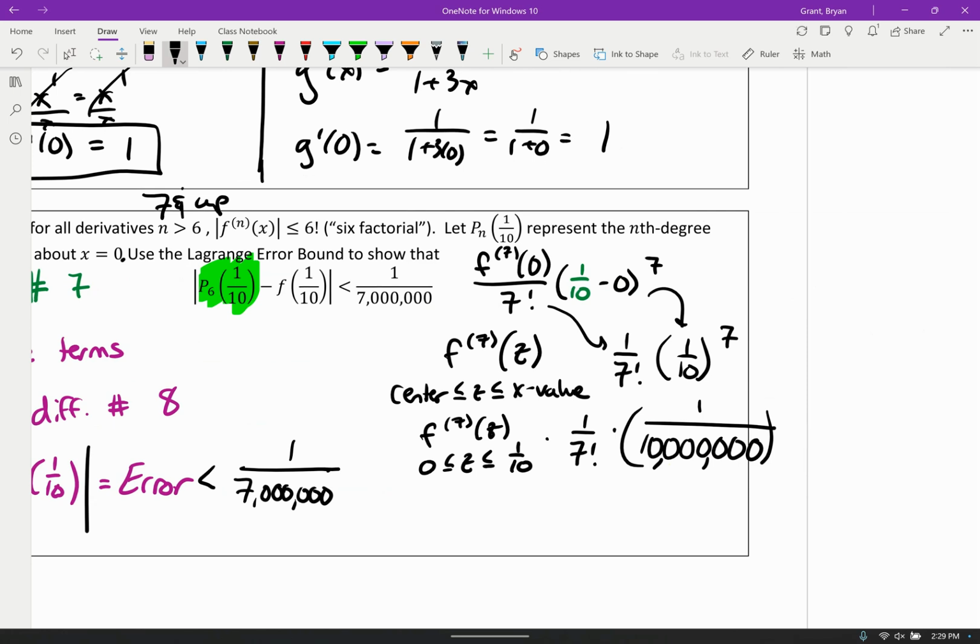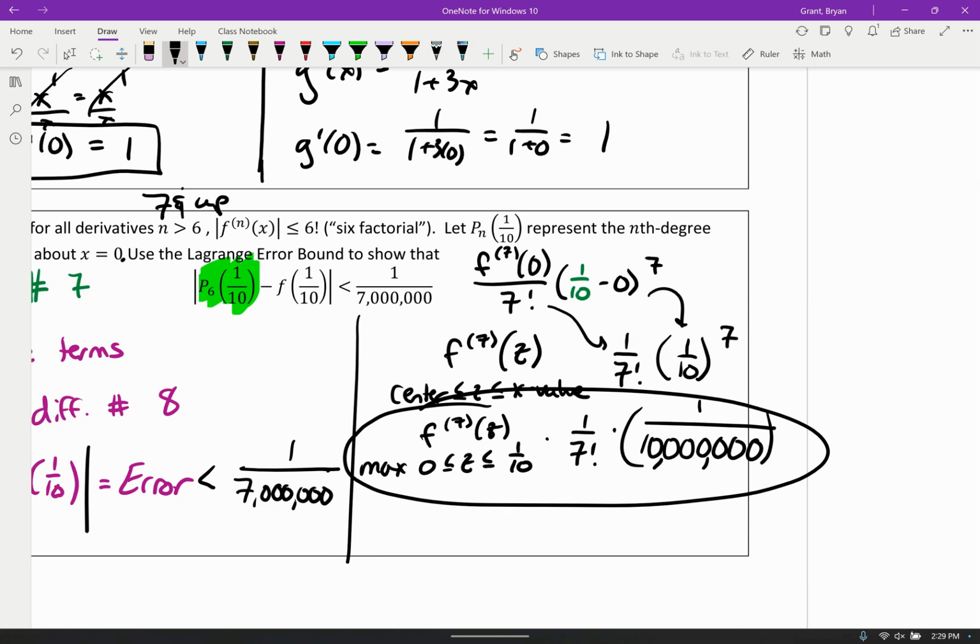And then what they'll probably do right here is they'll say the max of this guy. So you can put max in there if you want, not that big of a deal. But either way, they would maybe even write max on top of it. They don't really care where you put it. So this rate here is the Lagrange error bound. It's the next term. You use the same x value, but instead of finding the derivative, you find the maximum